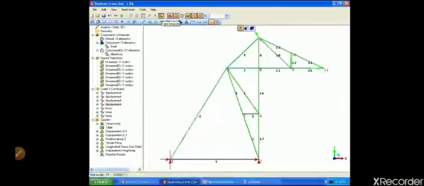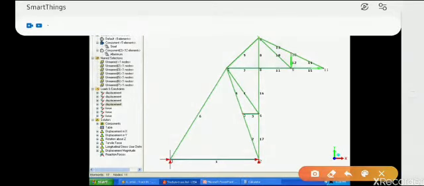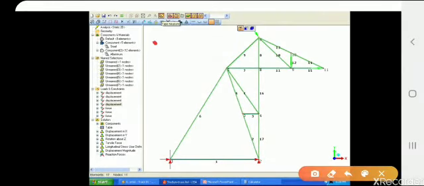You can do the tape measurement also here by using this tool. We call it the tape measure. You can measure the length of the individual truss element, that is the length of the line between the nodes. On screen you can measure it.